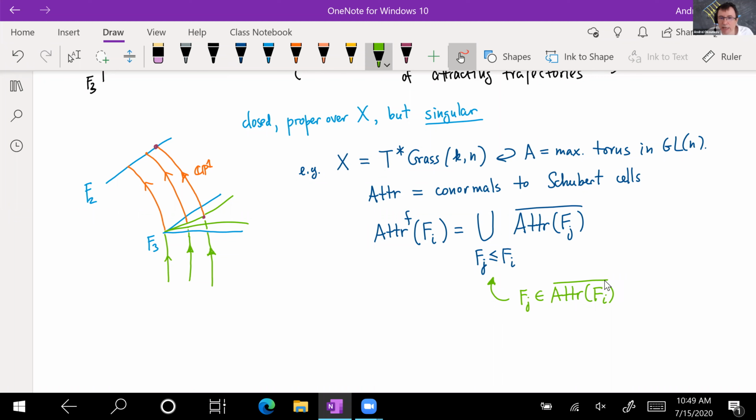And so the fixed loci are ordered by being in the closure of the attracting set of another, and it's an exercise that if I have an action of a torus or any reductive group on a projective space, and any subvariety of that projective space, then this is actually a partial order. There's no loops in it. Okay. Anyway, so there's some singular variety, and so this is kind of a basic observation. So it does not by itself